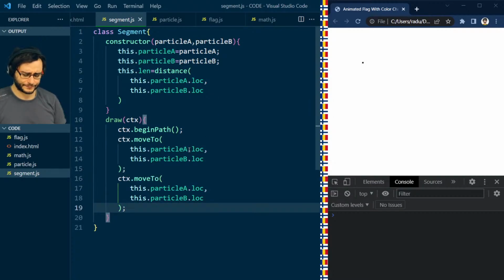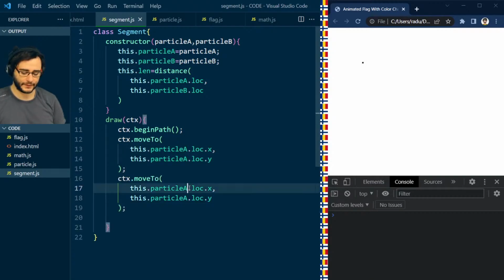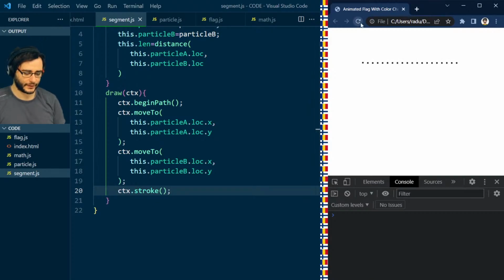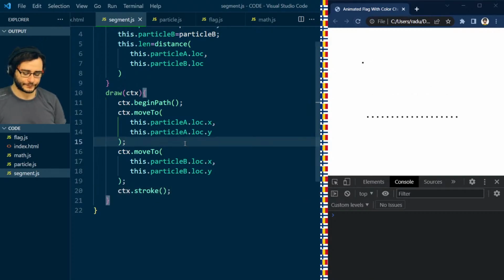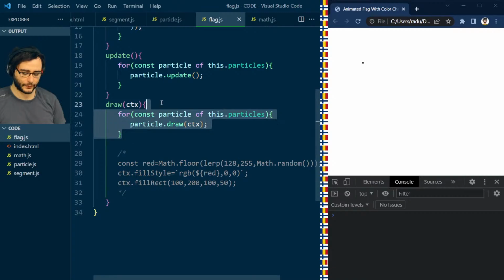So we're moving to the particle A location X and Y, and the move to accepts X and Y, and we line to particle B location and ctx stroke. So now when I refresh this, it doesn't work